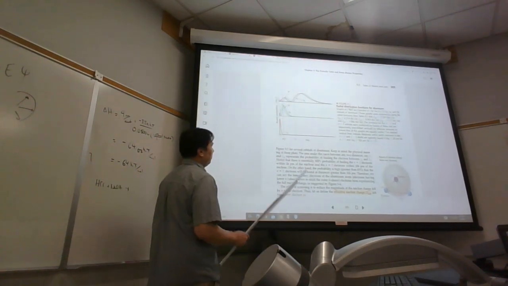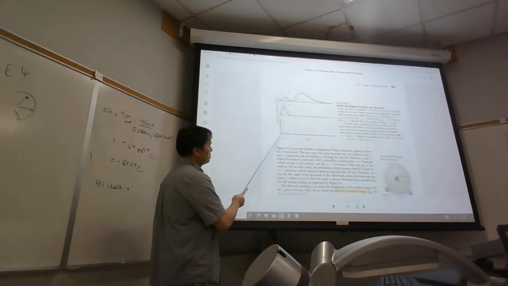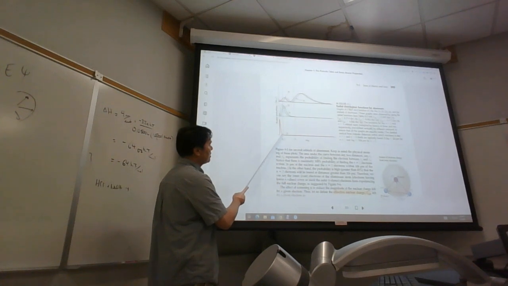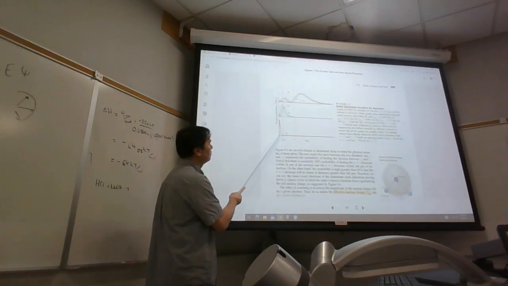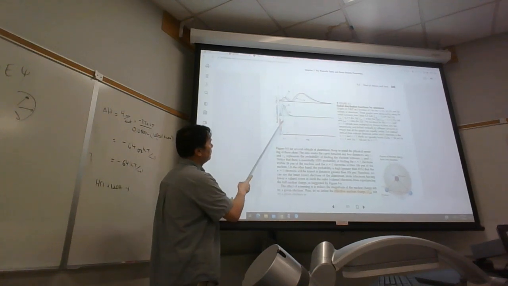And these are the radial distribution functions, the RDFs. So you can see the 1s are very effective shielding. Also, the 1s are quite penetrating here. If you look at the 2s